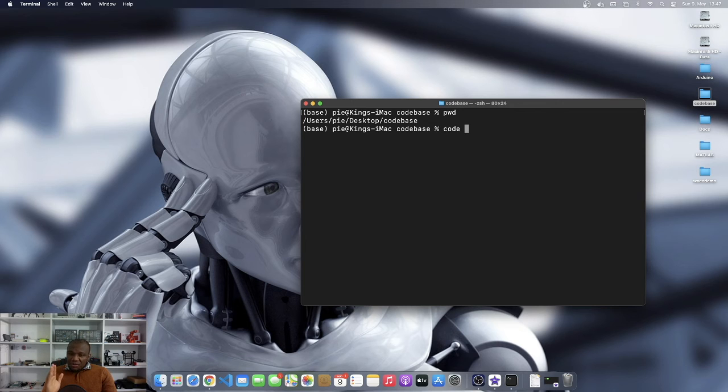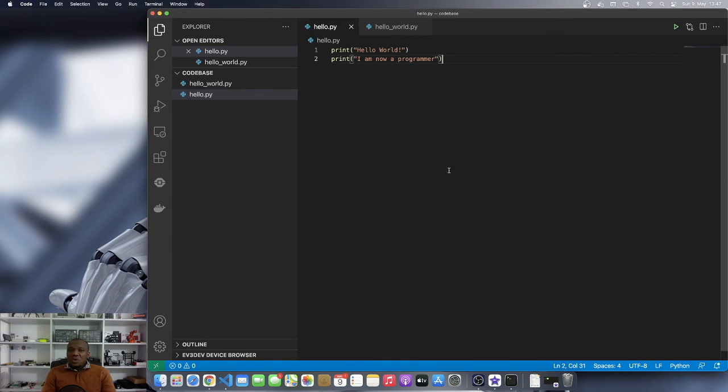And so the code command simply opens Visual Studio Code, but you can pass it a path so that it loads that path when Visual Studio Code opens. And you remember that when I say dot, it means the current folder. So I'm basically saying Visual Studio Code should open and load the current folder, and the current folder is code base. So I'm going to press enter, and then we allow Visual Studio Code to load itself,